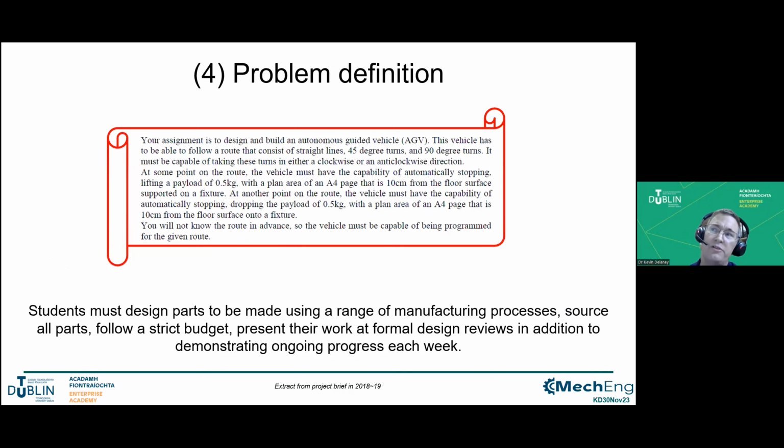Then they have to learn how to define the problem. These problems that we give are different every year. So we're getting them to design small robots. And we've designed all kinds of robots, robotic tugs for towing little trailers around. Ultimately, what we do is we give them an actual project brief, and then we expect the students to probe it. And typically there are some important details missing. So as they go through the process, they're expected to come back and say, oh, well, you never told us this. So they have to follow it up.